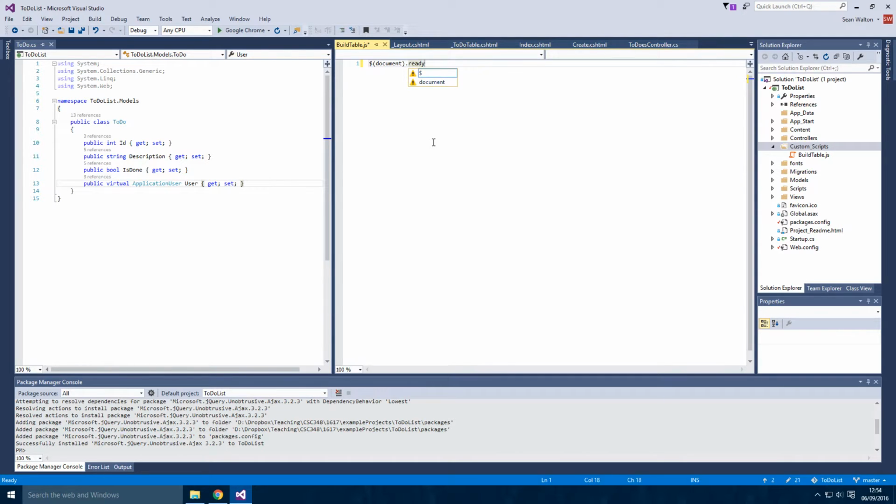Document.ready, and then we're going to put a function in here, and in this function is all the stuff we want to do. I'm just going to put that in there. So what we want to do